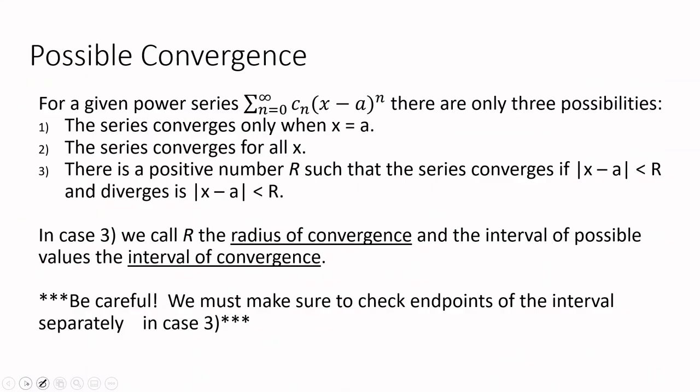All right. So to sum up what we've seen so far, when I give you a power series, there are 3 possibilities. The series converges only at a single point, like we saw at the point 0, and it just so happens it'll be the center of your power series. The series converges for all x. We actually haven't seen an example of that, but we will soon. So it doesn't matter what I plug in, it's going to converge, and it's going to be a function for every x. Or there's a positive number r such that the series converges if |x minus a| is less than